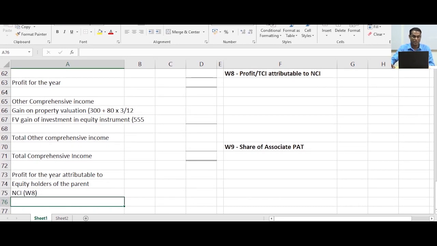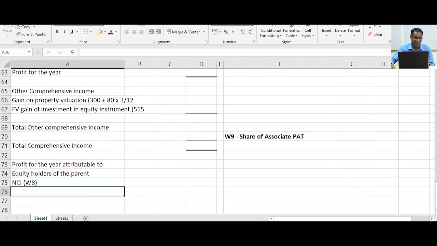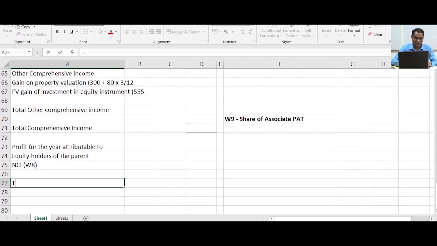Okay, profit attributable to NCI from working number 8. During the total profit of the group, how much is to be allocated to the NCI. Similarly, total comprehensive income also I need to attribute to the equity holders of the parent and to the NCI. So the final figure is total comprehensive income